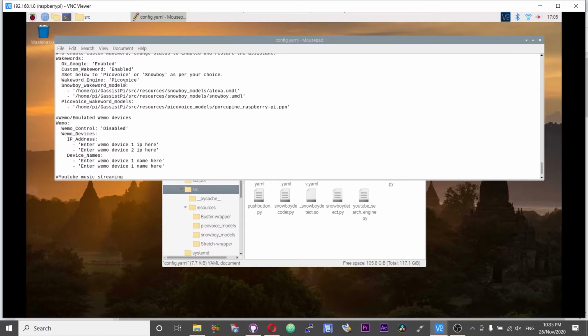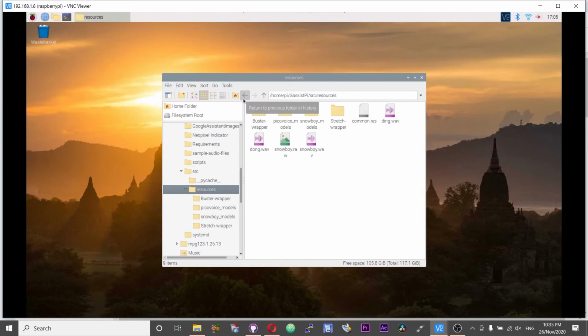So just like how I have listed the voice models for Snowboy, you can list the voice models for your Picovoice or the Porcupine Wakeword engine. Okay, so these voice models can be found within the resources folder. I have got a separate directory for the Picovoice models and a separate directory for the Snowboy models. Choose your model and make the changes in the configuration file accordingly. Okay,